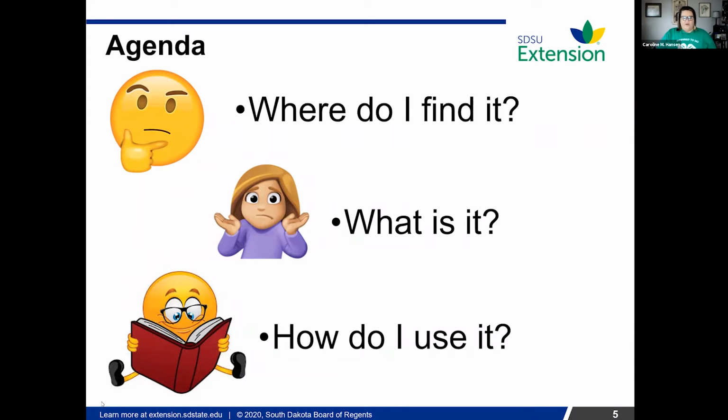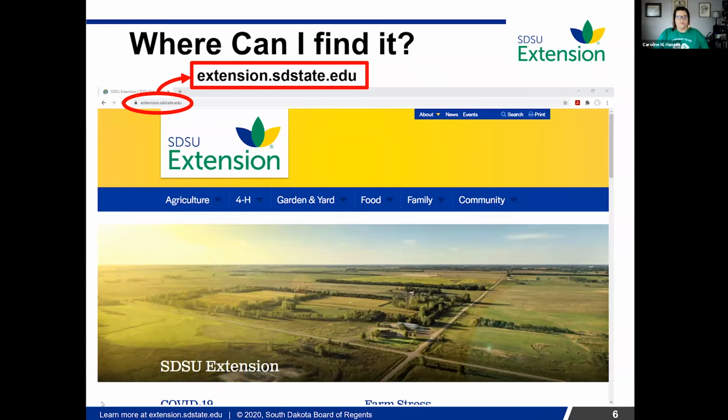So to start off, we're going to talk about where to find the State Fair book, what exactly it is, and how to use it. So the first thing is, where can I find it? Your state office may have sent you a direct link, or maybe they downloaded the book and emailed it to you. But if you need to find it on the Extension website, you'll go to